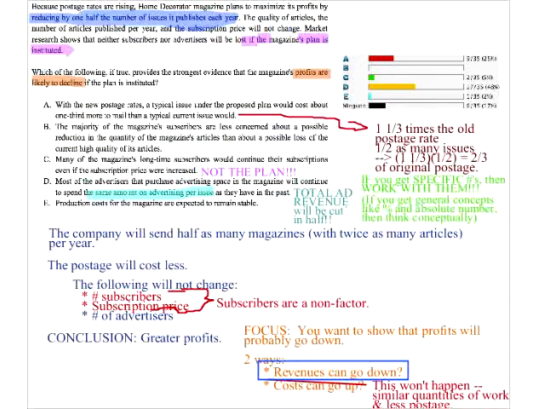Because notice that this is per issue. So the subscribers are paying the same overall subscription price. So that's not per issue. That's absolute dollars. But these guys are spending as much per issue, but there are only half as many issues. So whoa, buddy, total ad revenue is only half as much as it used to be. So that's definitely our correct answer here.